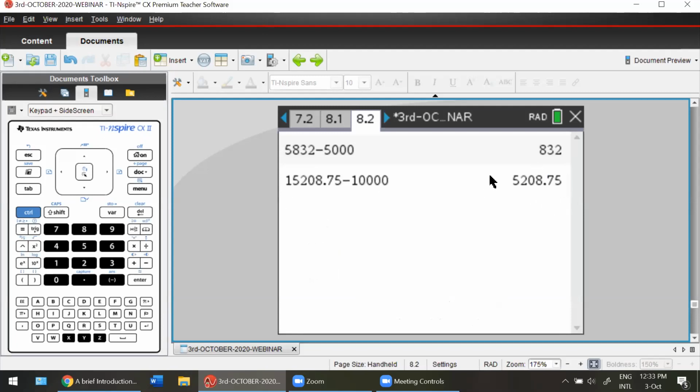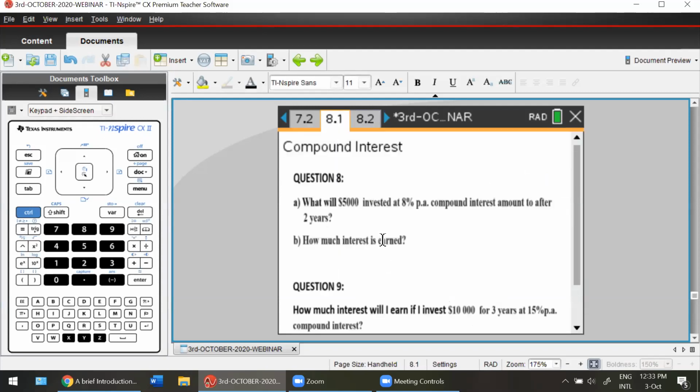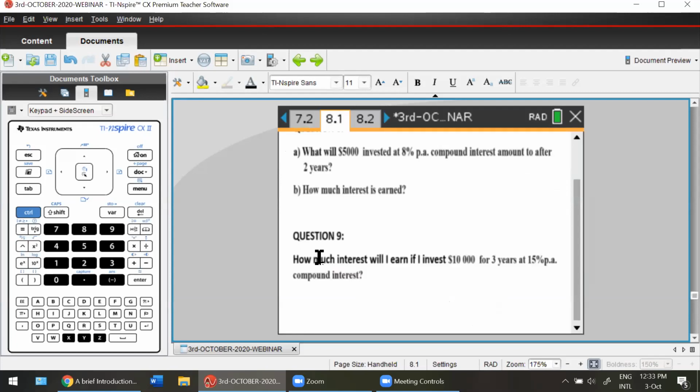And you have your answer, your compound interest. So I would like you to try this question. Students, I have done one question with you. Please try the second one. How much interest? Just basic level questions for you to understand. This is just to deal with number. We'll be doing in-depth when we do tables and explore other features of the calculator in the coming weeks. Go ahead and try question 9, please.